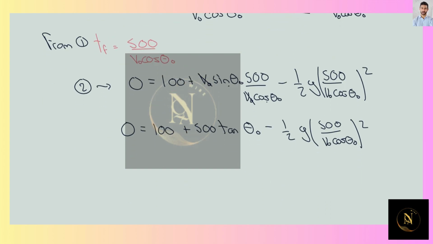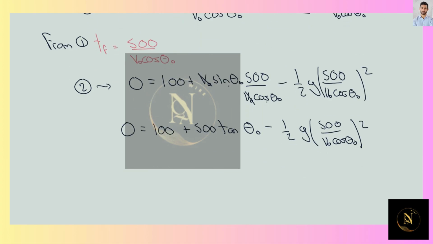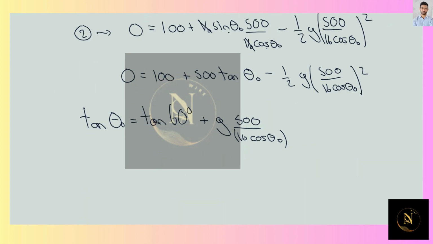So from equation 3, the condition on the angle of arrival, we know that tangent of theta naught is going to be equal to tangent of 60 degrees plus gravity times time final, which is 500 over b0 cosine of theta 0. And this cosine of theta 0 needs to be squared since it's going to be multiplied by itself. So now our equation becomes 0 is going to be equal to 100 plus 500 times the tangent. So 500 times tangent of 60 degrees